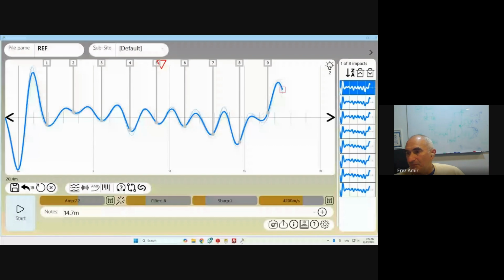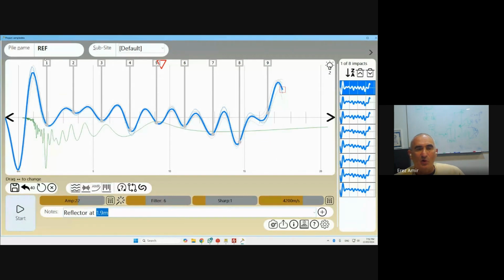So we can tell that this first one is the length of the reflector. And again, we can type reflector at, and we just look at this one here, and we got it. Okay, so two identical methods, different approaches to the same thing, either the FFT or the reflector method, the repetition